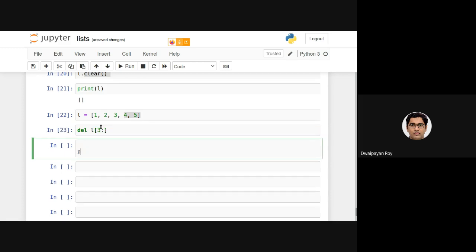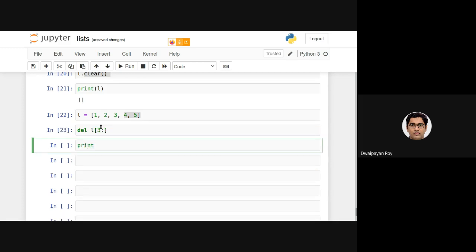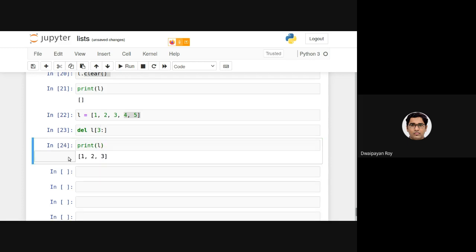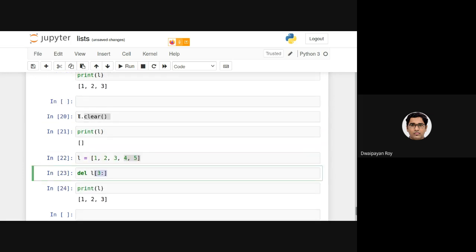After that, if I print L, we will see it will be 1, 2, 3. So using del with the corresponding index values and the slicing operator, we can actually remove certain items as well. But can we do something similar like this using del?